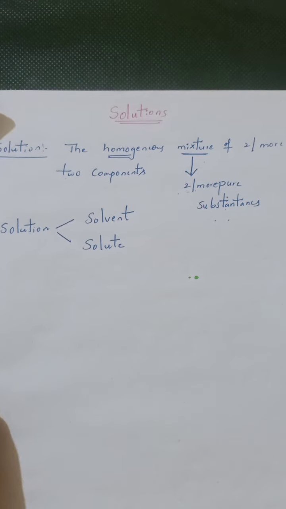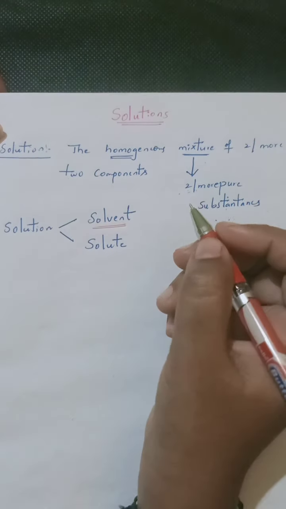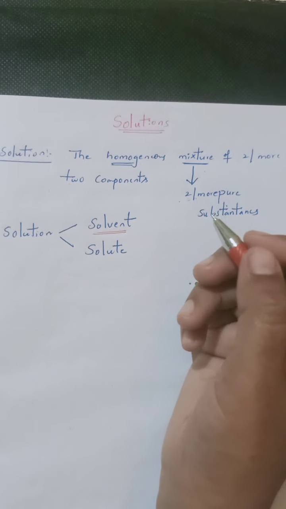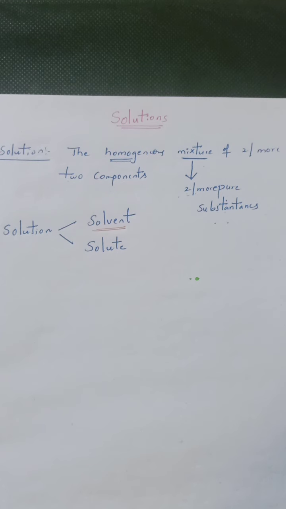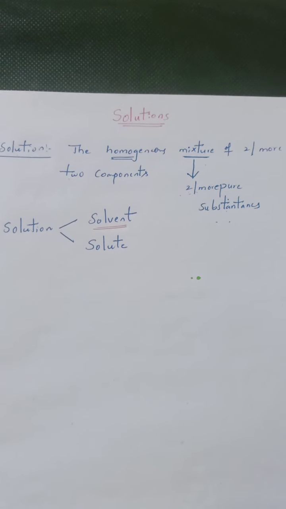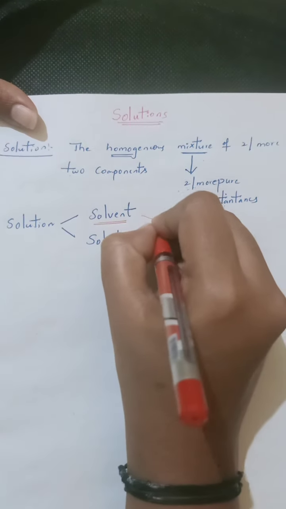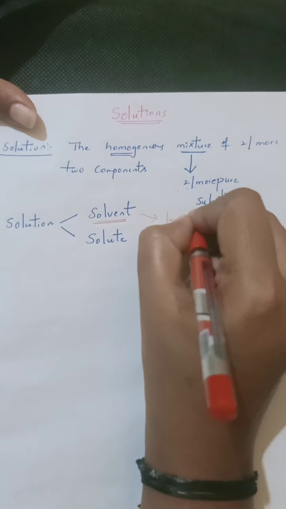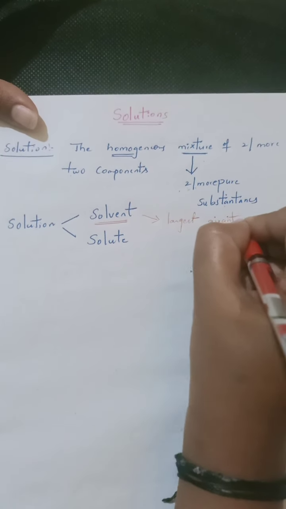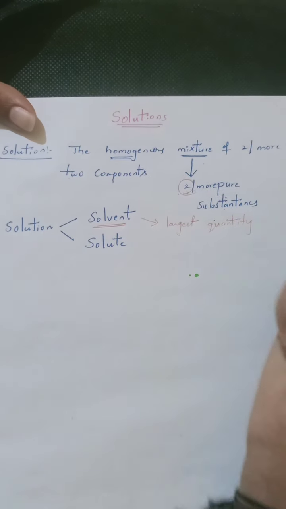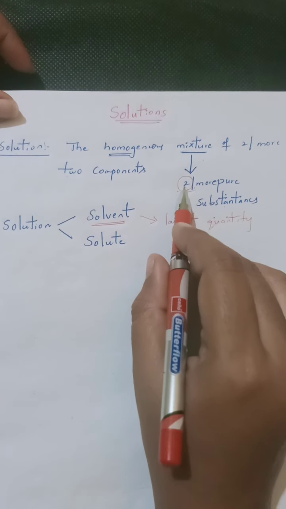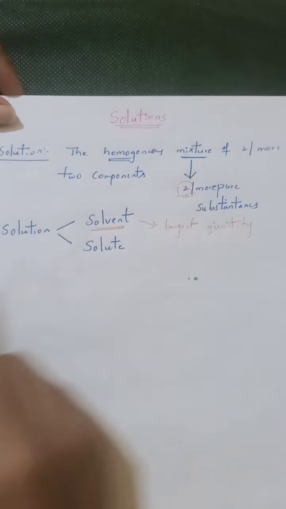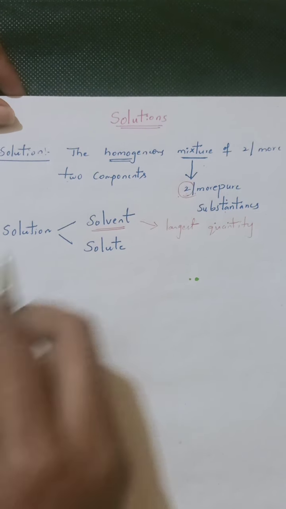First we want to know what the solvent is. Solvent is a substance which is present in major composition. Okay, whatever component is present to a large extent or in large quantity, that is known as the solvent. In the solution it is present in the largest quantity. Just imagine a solution containing two substances. Whichever component is present in the larger quantity, that is known as the solvent.